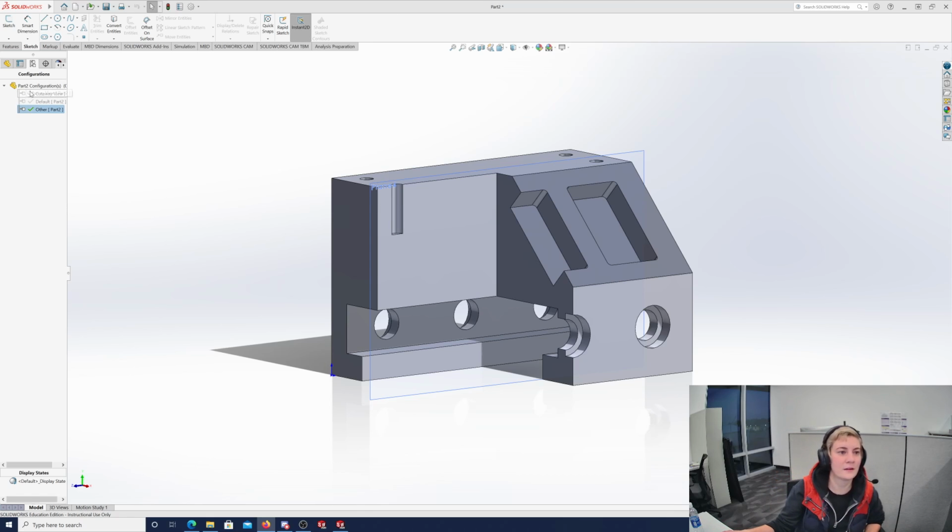So you're going to go in here. You can do a cutaway view. You can do another configuration where you suppress some features or you hide those features. Real quick, let's just try that. So if you're in this configuration here,